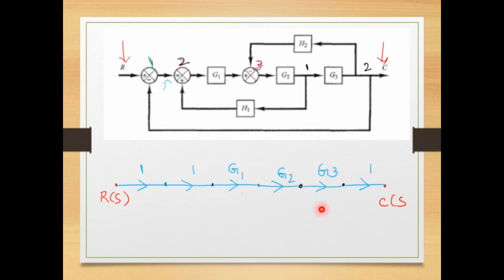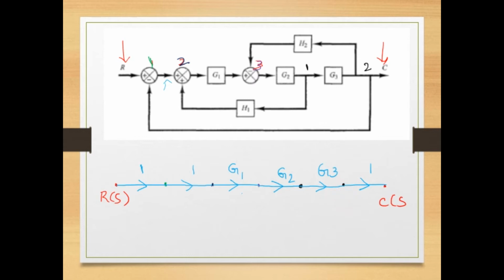So that I am going to represent it now. When we are representing this summing point, we should be careful about the sign. So this feedback which is coming from the second one has a sign which is negative. Similarly, from the first takeoff point, whatever feedback is taken, it has a plus sign. Similarly, from the second takeoff point to the third summing point, whatever signal is coming, it is the minus sign. So that we need to incorporate while we consider the branch gain. So now I am going to draw the feedbacks.